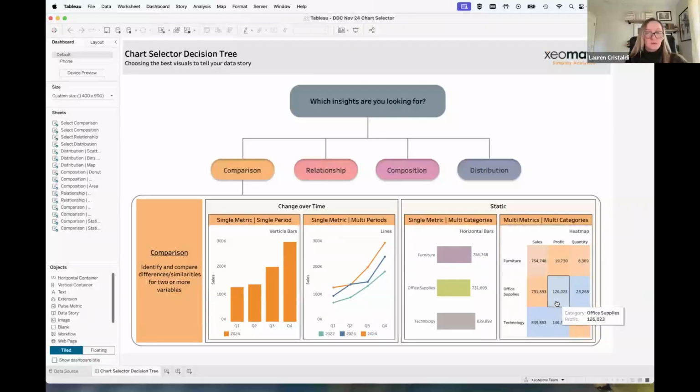For multiple metrics and multiple categories, we have the heat map, which also applies to a couple of these other ones, but the difference is in how it's laid out. So here, what we're doing is we're comparing three different metrics across three different categories. And we replace the color on these different boxes to show, just for sales, like each column is shaded differently, so that you're not getting a comparison of quantity versus sales and profit, which we want to see the differences, but we wouldn't want to compare those, and it would kind of mess up our color scale.